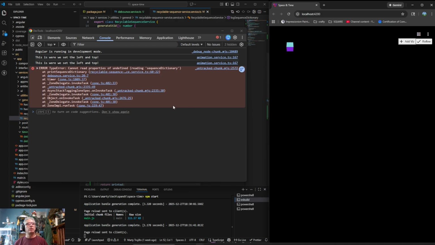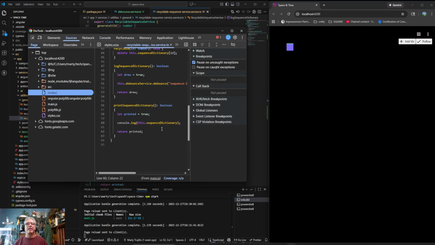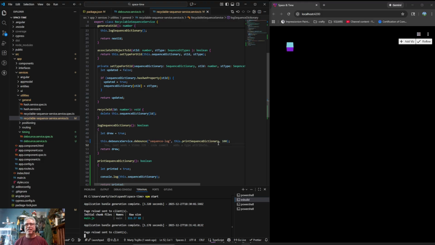Oh, no good. Cannot read property of undefined. Ah, and that is because this gets called as a set timeout and it doesn't have a context. It loses its context. So I think that's the wrong place to do it. Sometimes I do that. I think what I could do is I could say bind